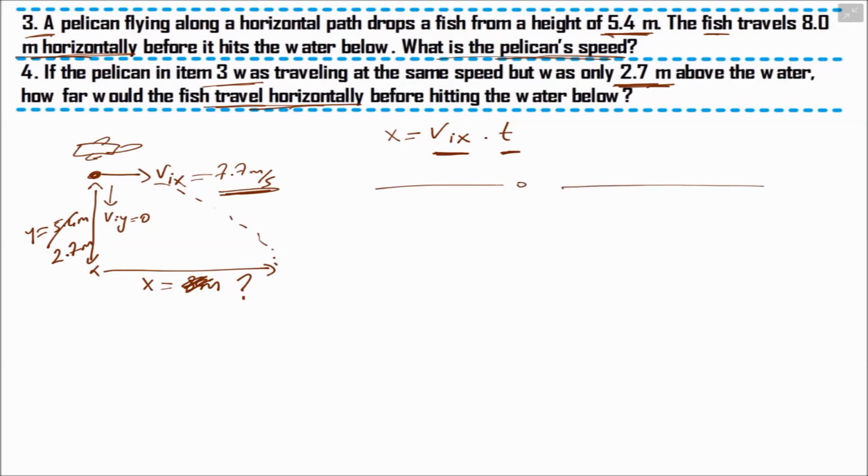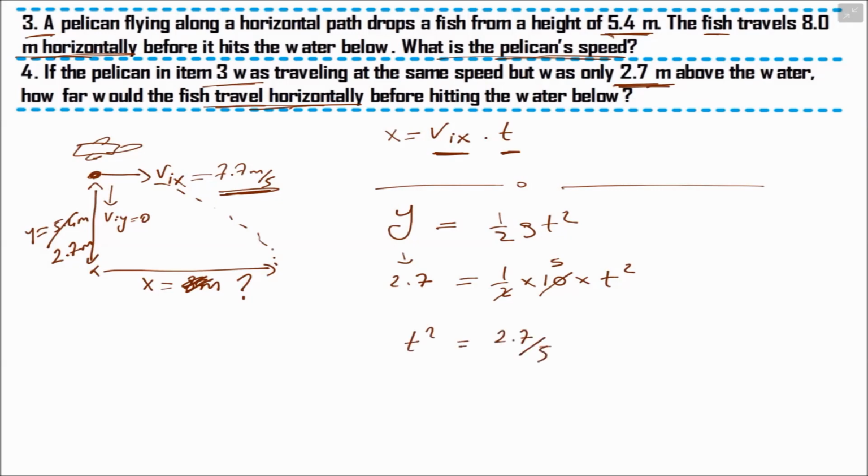We will calculate the time from y equals half g t squared, and y is now 2.7 equals half times g, which is 10 let's say, times t squared. If we divide these two, it will be 5. If we divide both sides, t squared will be 2.7 over 5. If we take the root of both sides, t is going to be